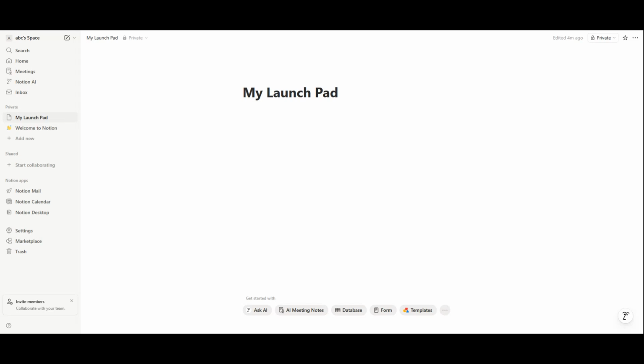In today's video, I'm going to show you how to build a clean and powerful project timeline dashboard in Notion, step by step using Notion's built-in timeline view and dependencies. This is perfect for managing launches, content production, software projects, or any workflow where tasks depend on each other. By the end of this video, you'll have a visual timeline that updates automatically and gives you a clear overview